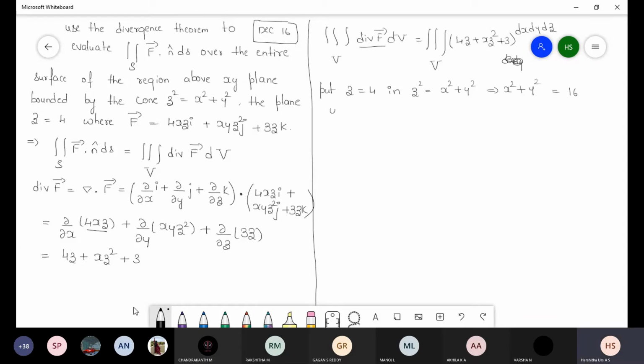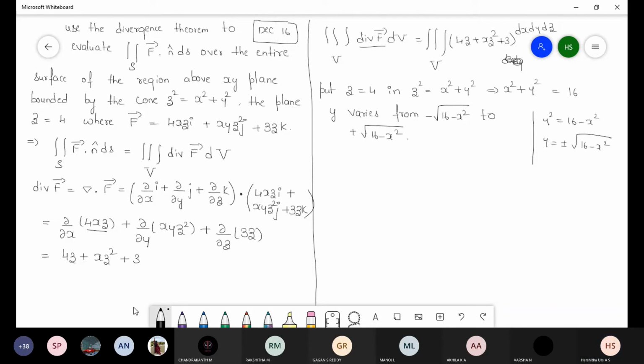So we can write y varies from, when we shift this, y square is equal to 16 minus x square, y is equal to plus or minus root of 16 minus x square. So y varies from